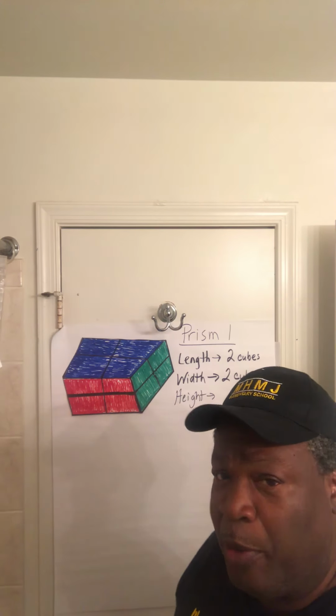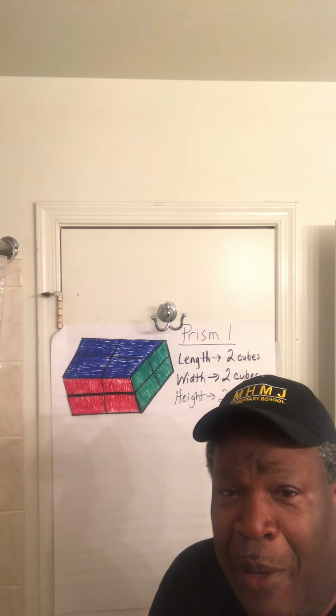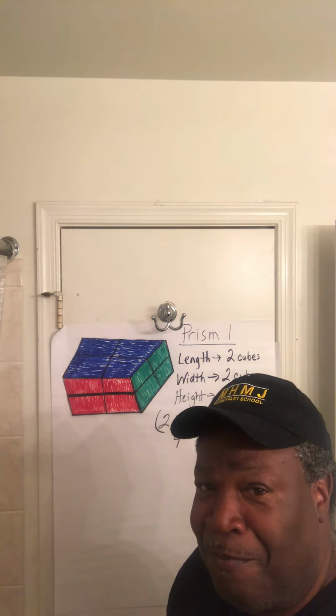Then we're going to look at the height. We're going to look at how tall this rectangular prism is, and we see that it too is 2 cubes. So we have an interesting situation here where the length, the width, and the height are all 2 cubes. So all we have to do now is multiply the length times the width times the height, which are all 2's. So I'm going to multiply 2 times 2 first, get that product, and then multiply by the other 2,